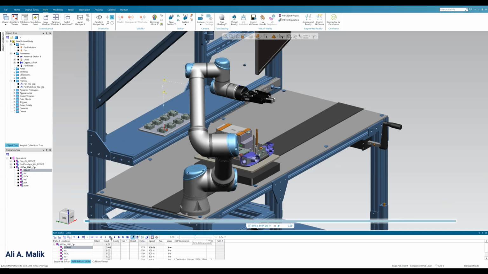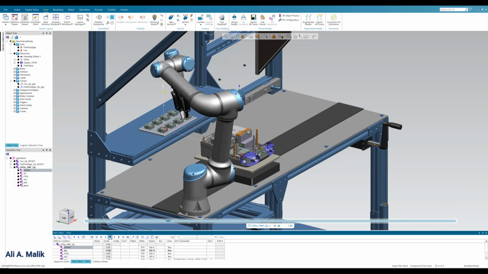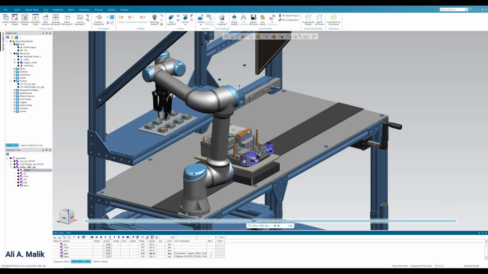Okay, and now if I run this one, I move to location, and here you can control the speed of the simulation. So it has not picked it. So basically what we need to do is